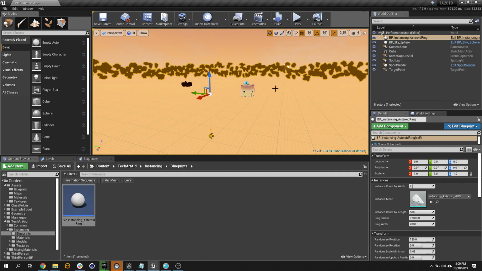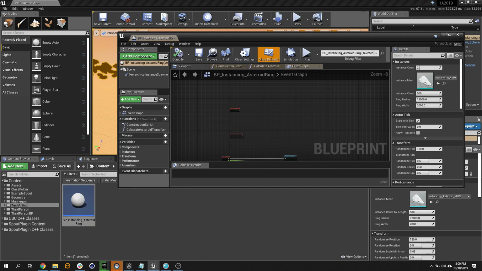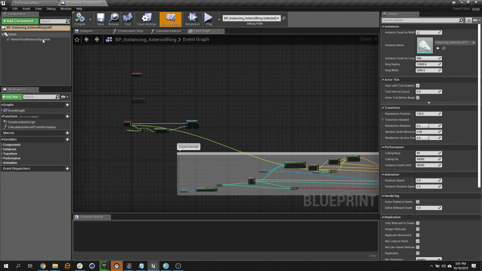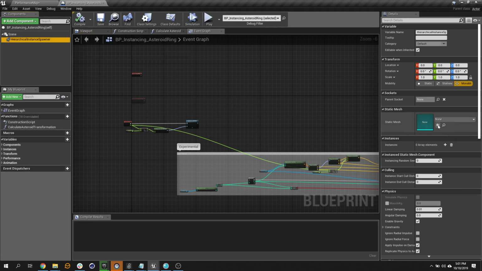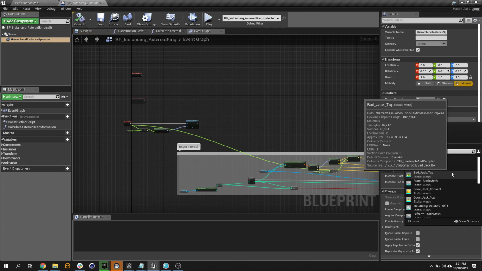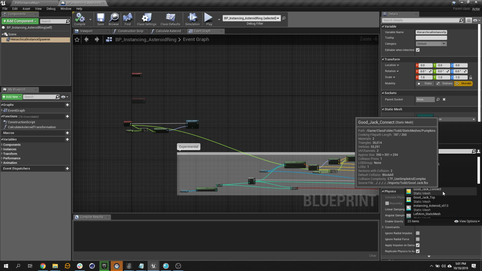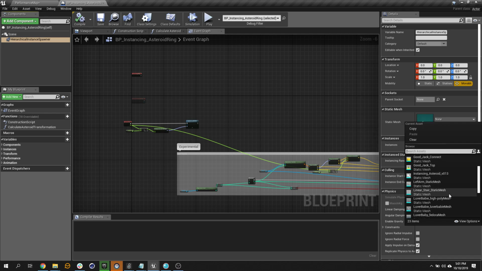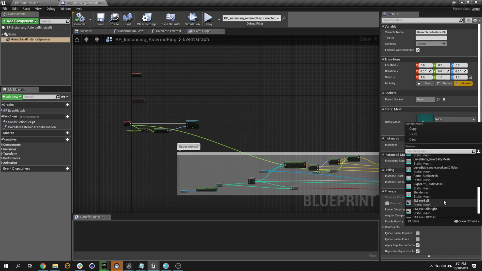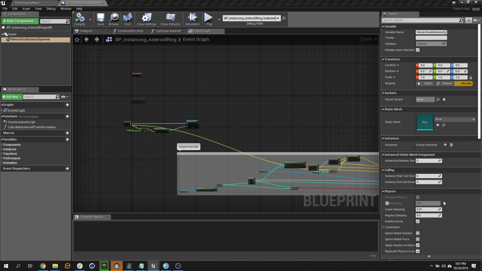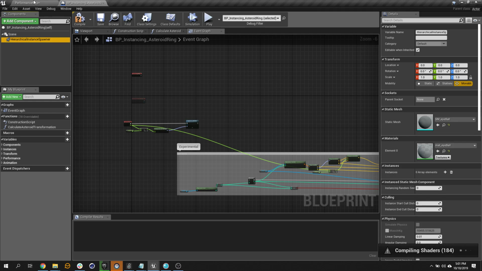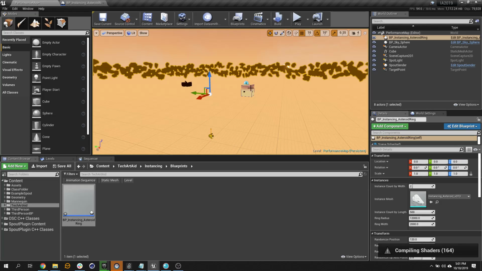So this asteroid pack, what I'm going to do is open up the blueprint itself, and I want to change the mesh there so I can spawn it. So what is the static mesh? Let's find something that's good. We'll use so many great ones. An eyeball sounds good to me. And now,